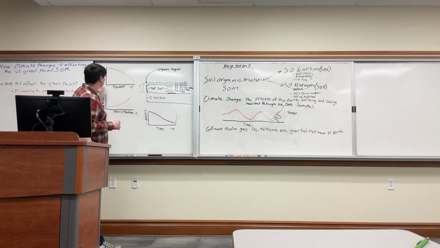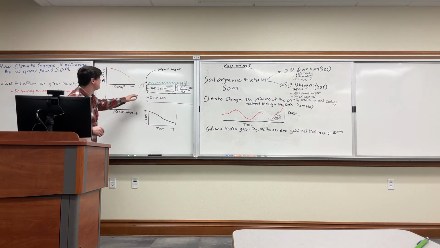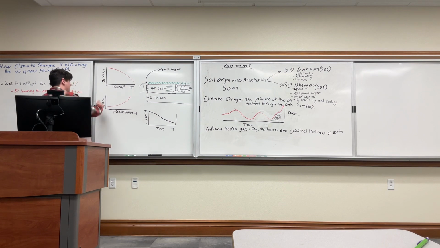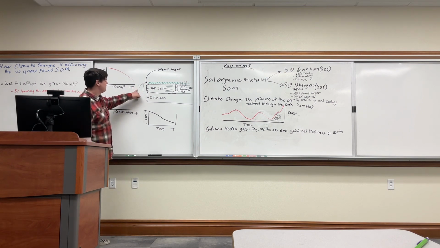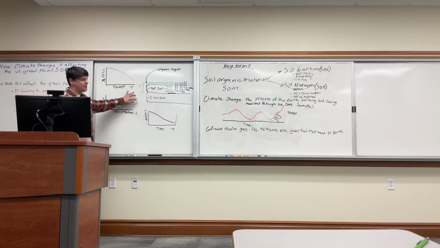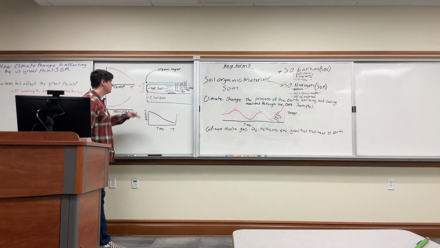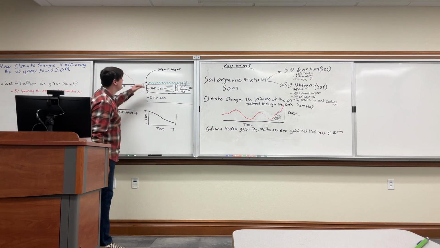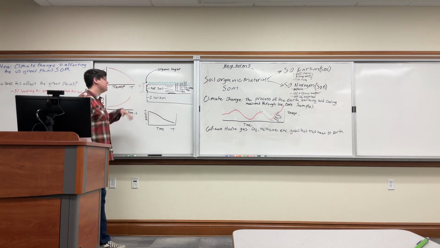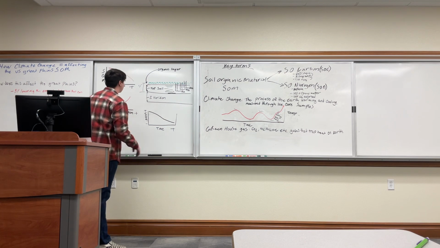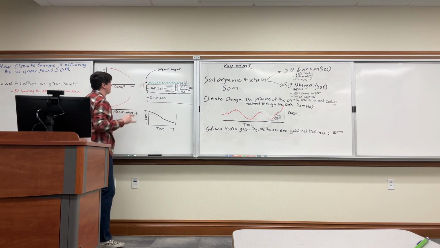Then we have our SOM graph of temperature. As temperatures rise, SOMs come down. As precipitation goes up, or as it rains more, our SOMs increase. And this is just your topsoil. Just look up a soil horizon graph. It'll give you organic layer, topsoil, E horizon, and so on further down, but the only two we're really worried about are the organic and topsoil layers.